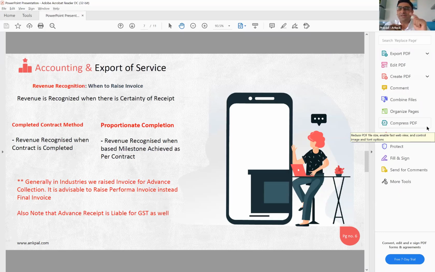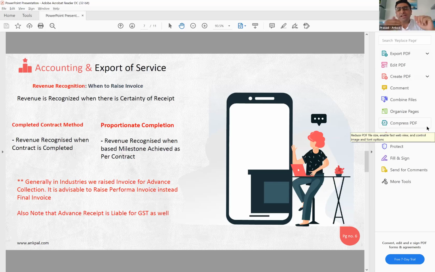Say, for example, I have a one-time service for $10,000. Against that, I am asking for 50% as an advance, that being $5,000. In that case, what I do is raise the invoice, but this is not correct for accounting. In this one-time delivery, when my service gets completed, then I have to raise the invoice for $10,000. So you are not required to raise the invoice for $5,000. You are required to raise a proforma invoice, that is an advance receipt request, right? So don't do the invoicing for that $5,000 which you ask for as an advance